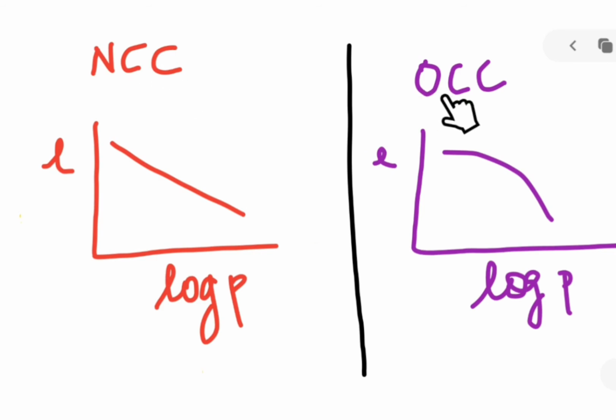Normally consolidated clay and over consolidated clay: the graph is plotted for void ratio versus pressure applied on it. For normally consolidated, it is a straight line. For over consolidated, it is a curved one. But under consolidated, we cannot draw because it is still in process. The consolidation is not completed. So by checking this graph, we can understand the given graph is for over consolidated clay.